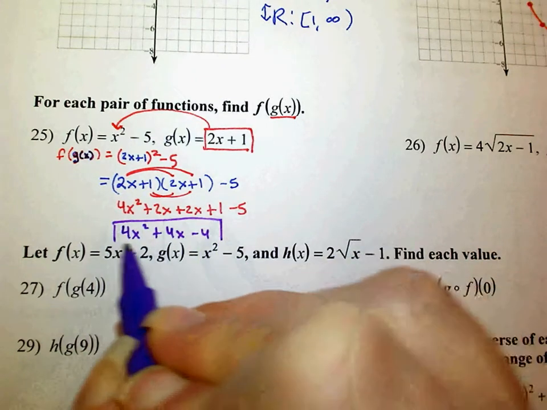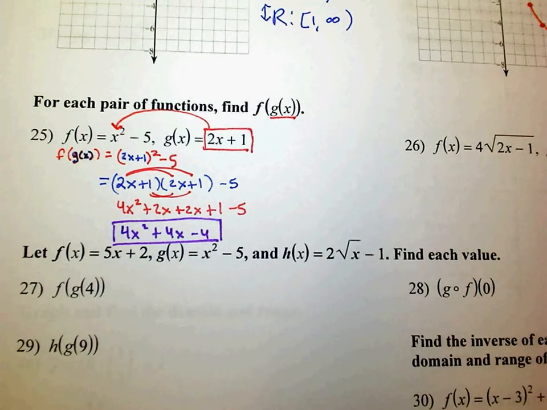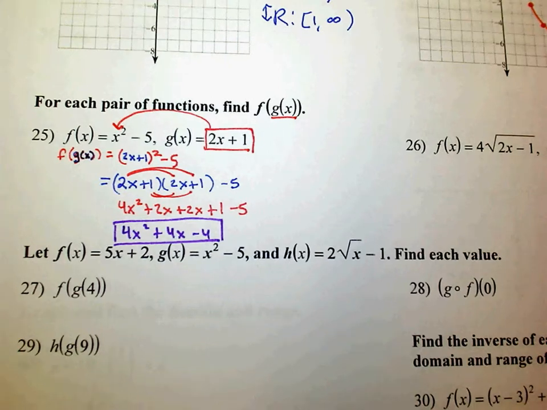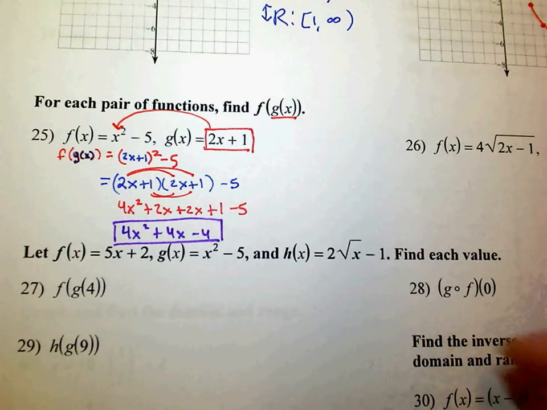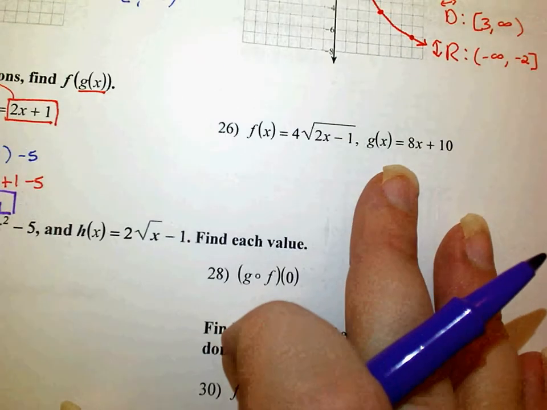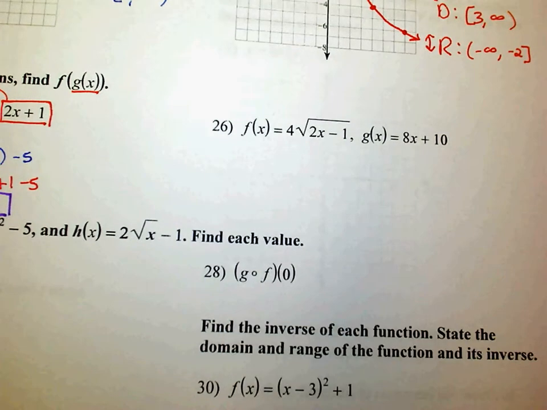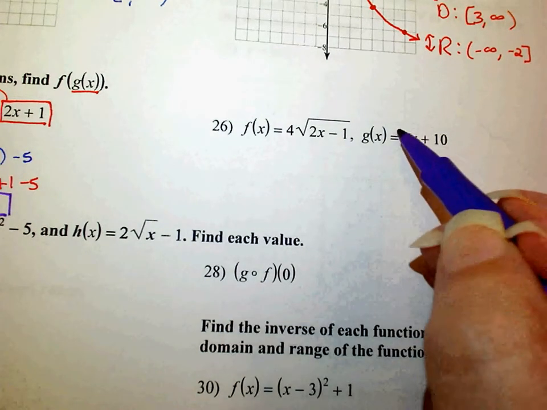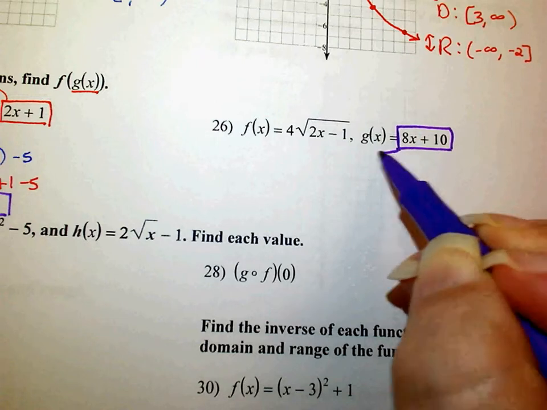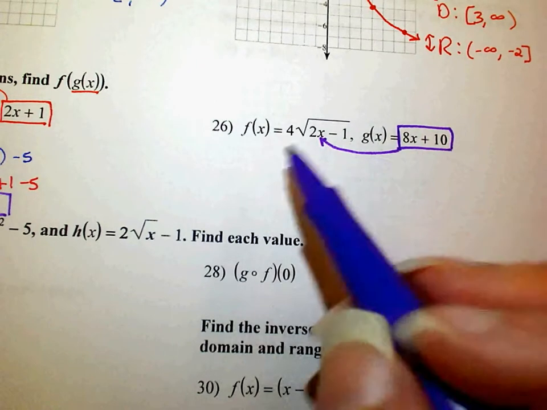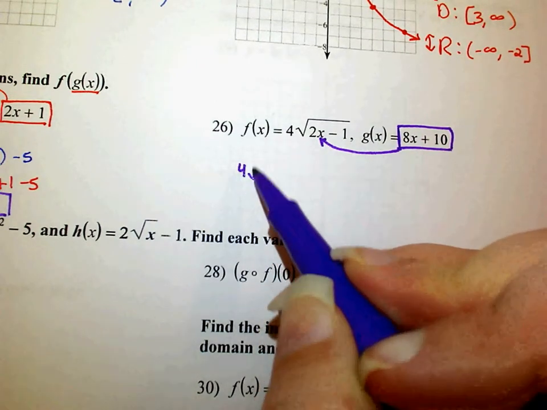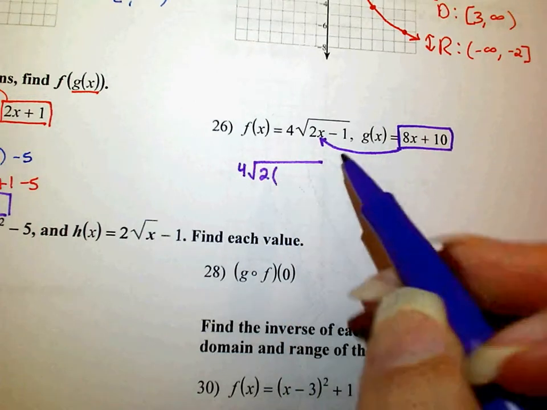Okay, it just says find the function. It doesn't say simplify, it doesn't say solve. It says find the function. Okay, same thing, f of g of x means I'm going to take g of x and plug it in for x in f. So it's 4 times the square root of 2 times x, which is 8x plus 10,